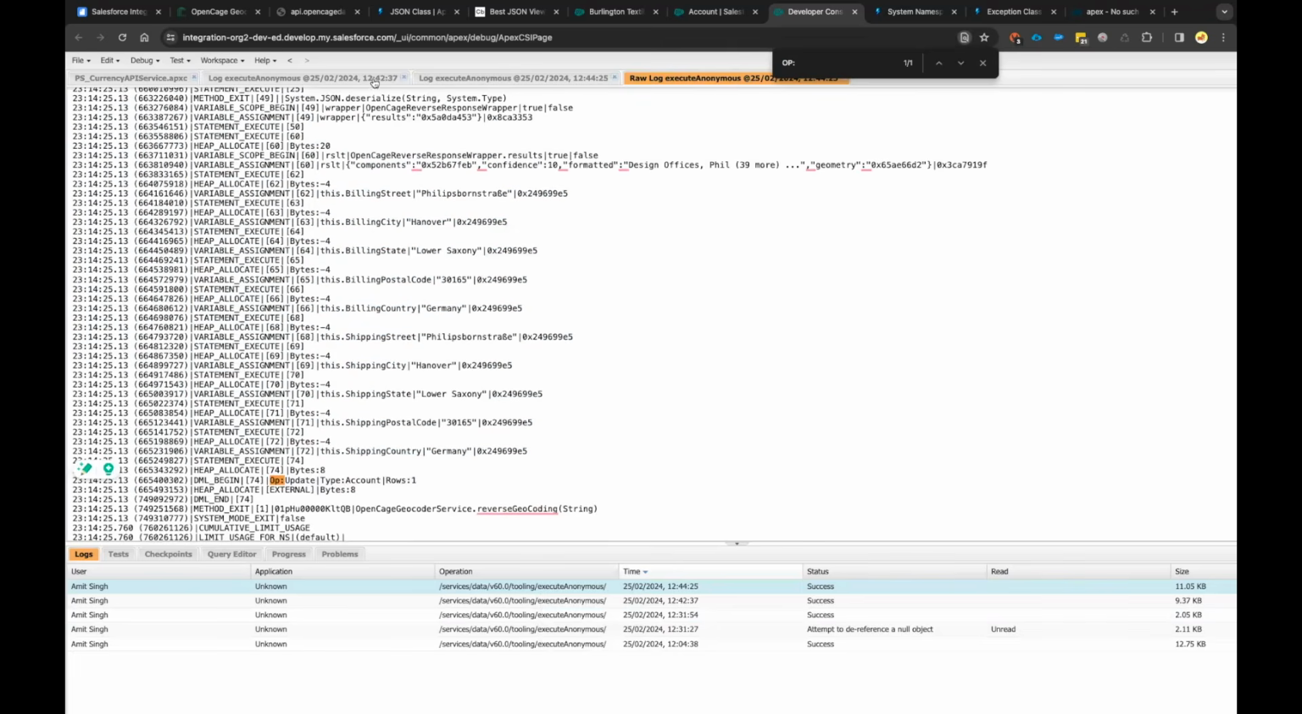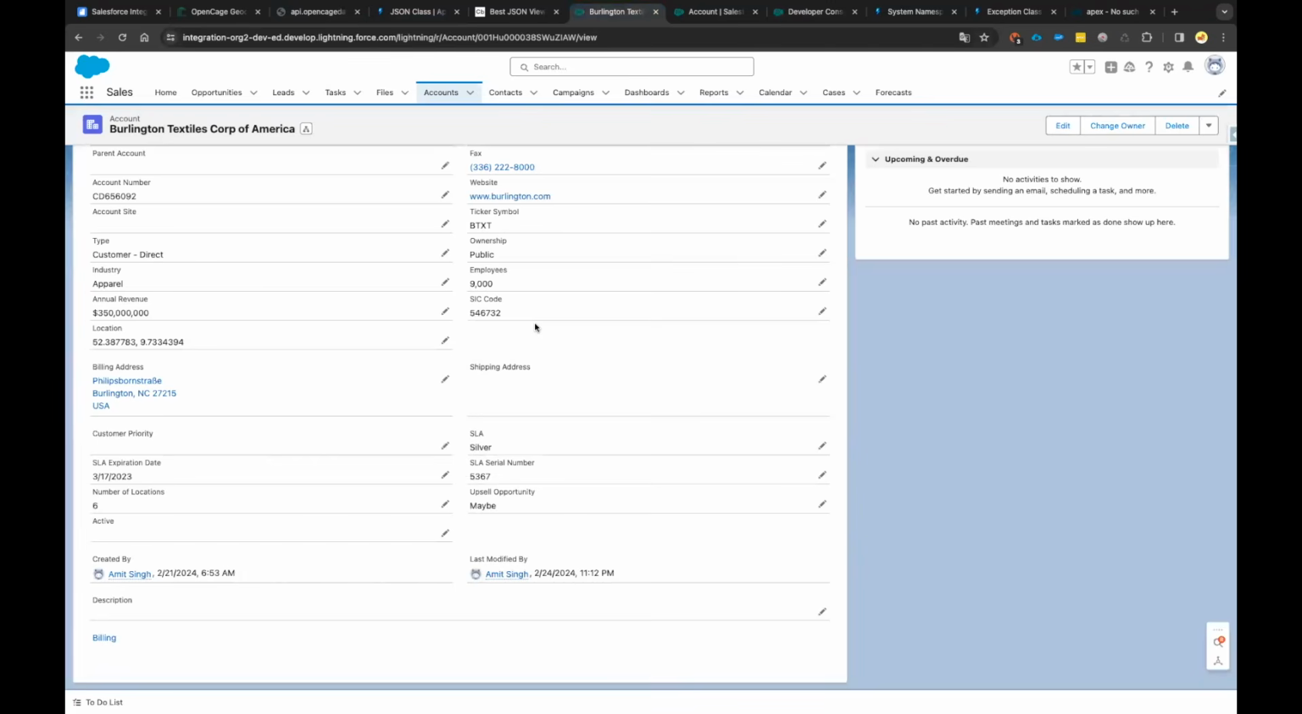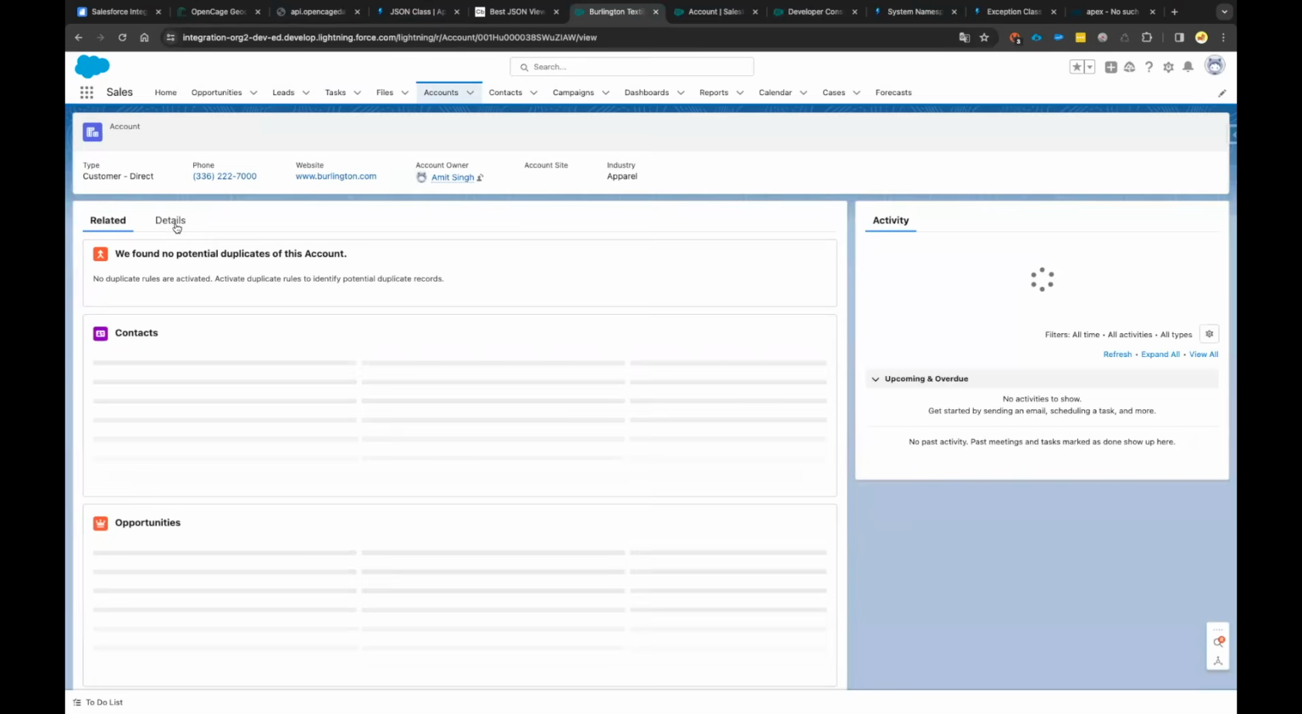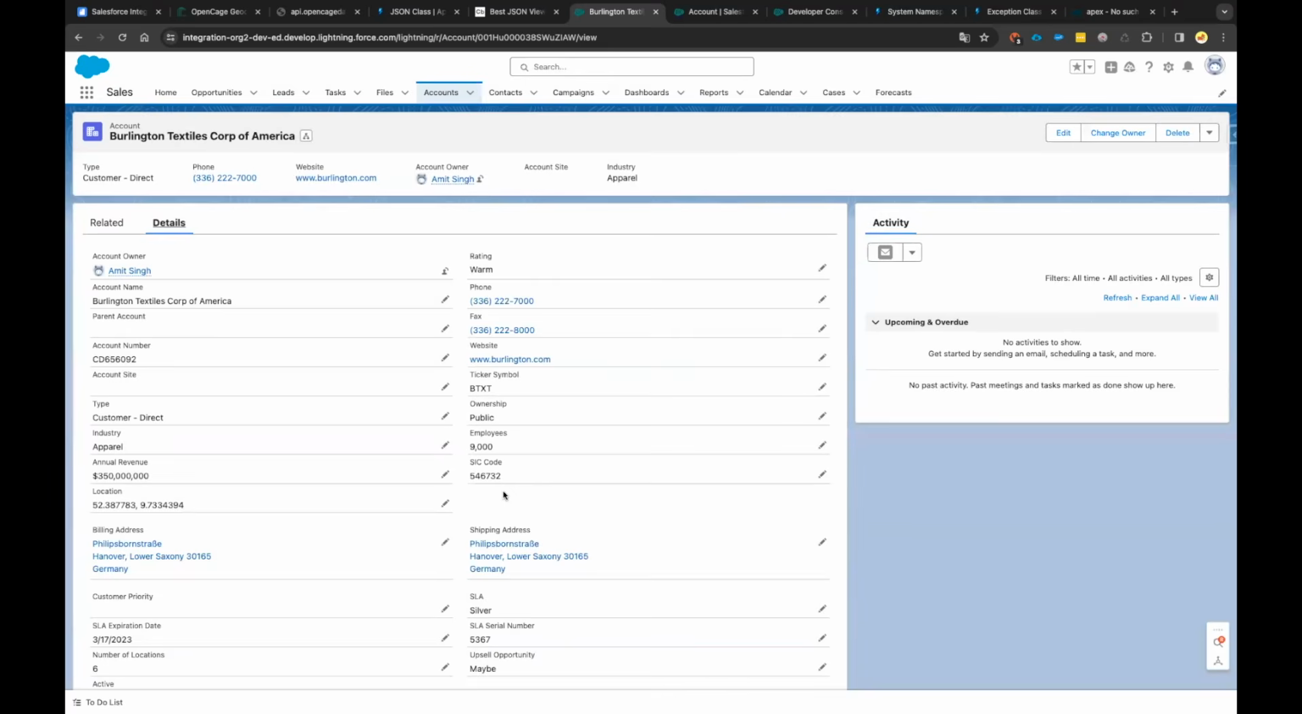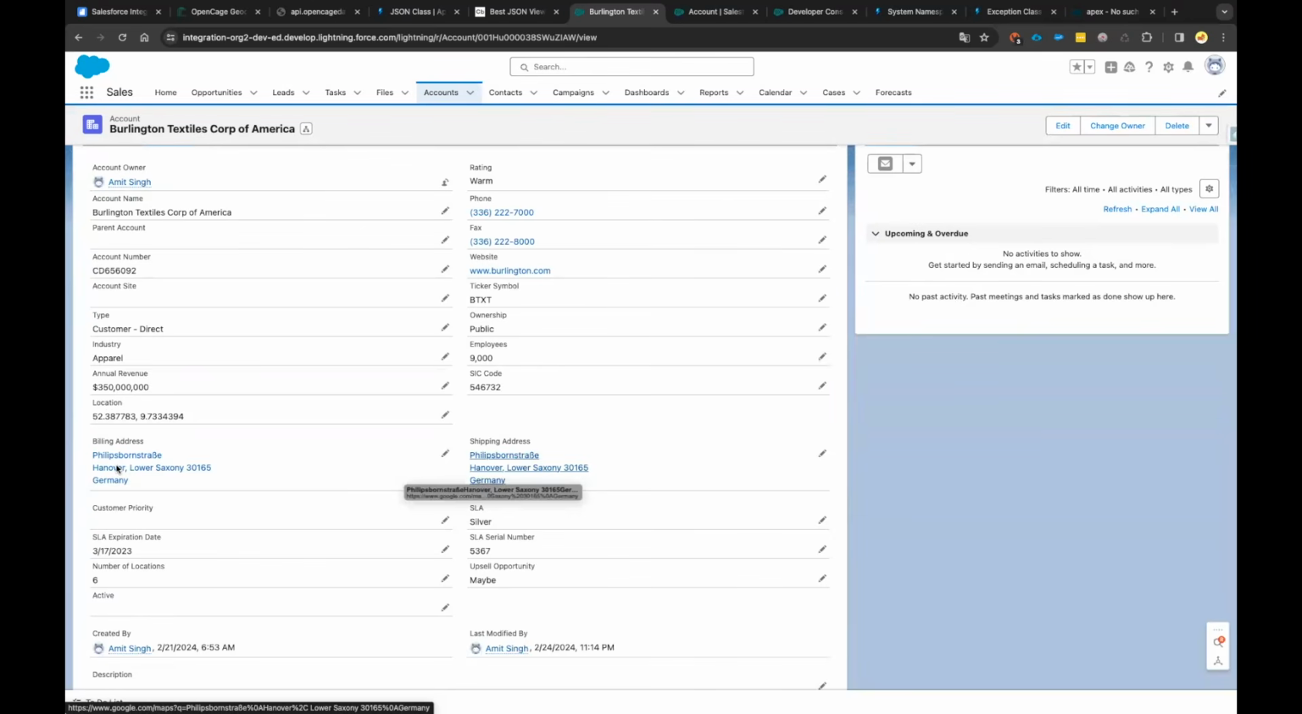Okay, and now if we go ahead and refresh this page, we will be able to see the details of our address which has been changed, and this is done. So this is how kind of the things works